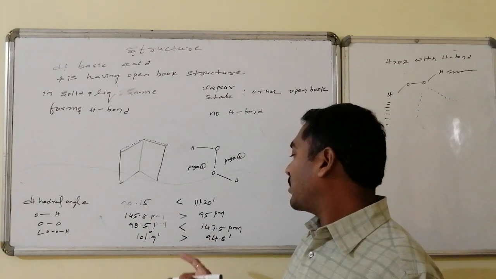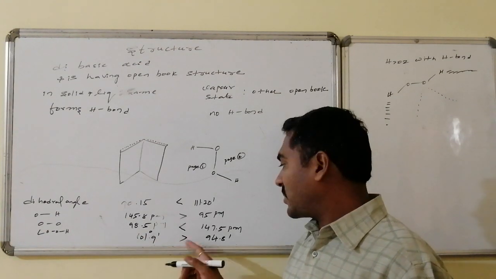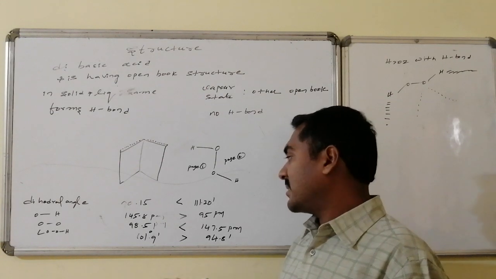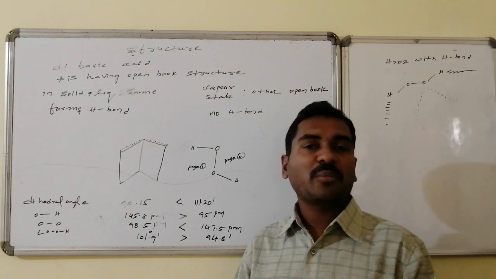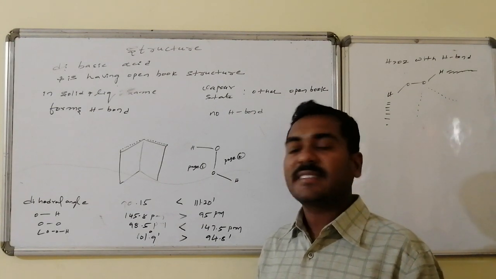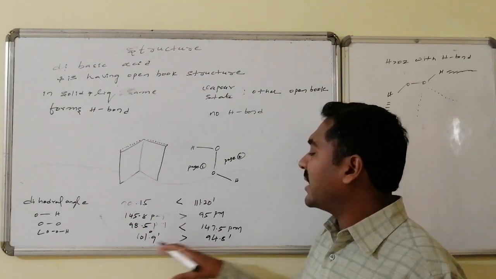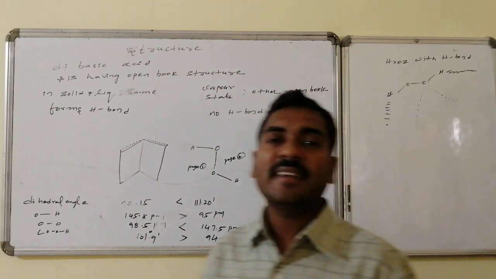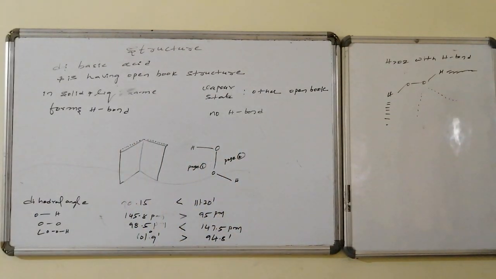Hence in the solid state it dominates, so the bond angle is maintained at 101.1 degrees, because originally that bond angle wants to be maintained as 180. Due to the lone pairs, the bond angle decreases, and due to the hydrogen bonding, the change is enhanced to 101.9 degrees, 101 degrees 9 minutes.